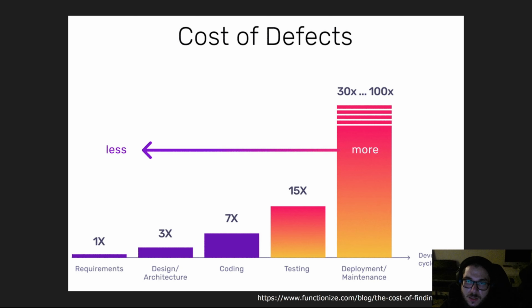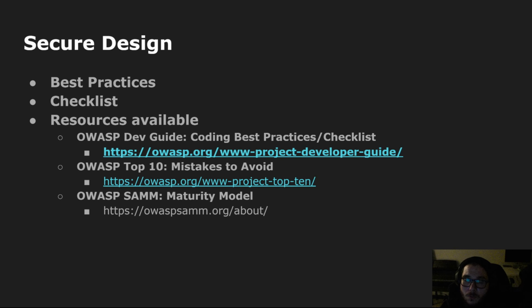The cost of defects goes down, as editorialized in this cartoon. This is often called shifting left. The question is, how do we do this? Well, one way is to use a list of secure design practices, or a very prescriptive kind of baseline. Think of it as a checklist. These are like the bare minimum things that every project should follow, every dev should follow when they're writing code.